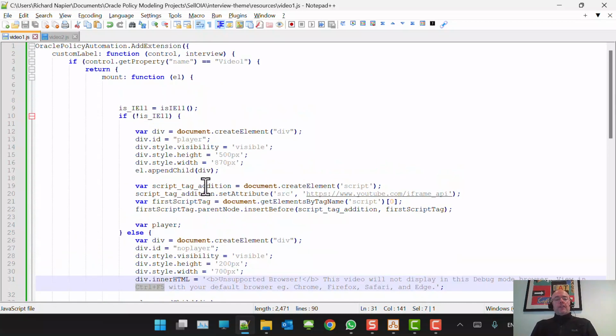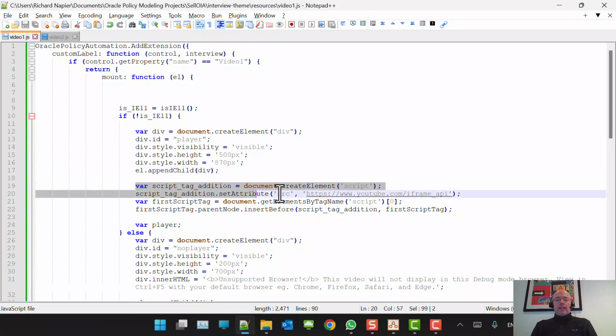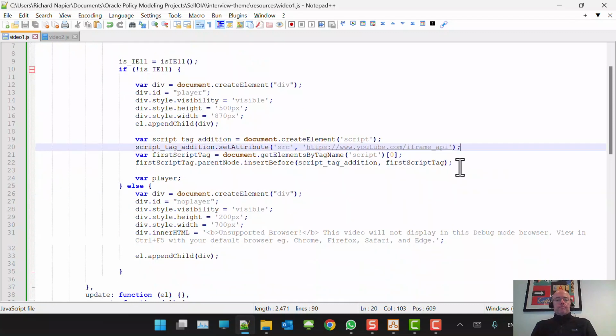Assuming that you're not in Internet Explorer 11, we will add a div called player. This is not a required name. This is just to tell you what this div is. And it's going to be sized and made visible before we add it to our object model. Then we're going to add a script tag, which will load the YouTube iframe API. And when that is loaded,